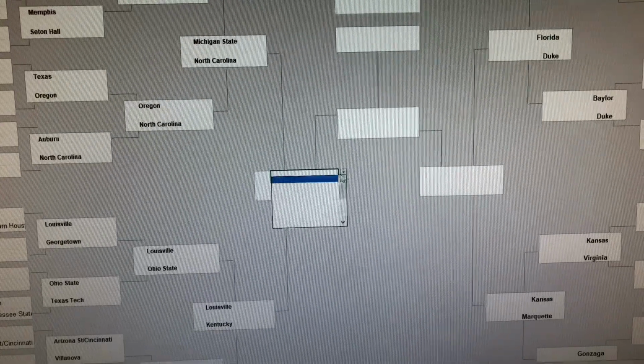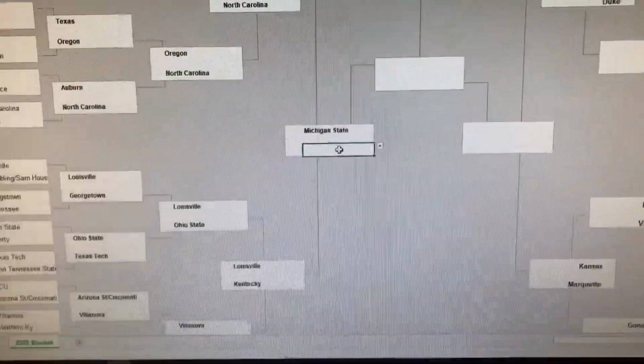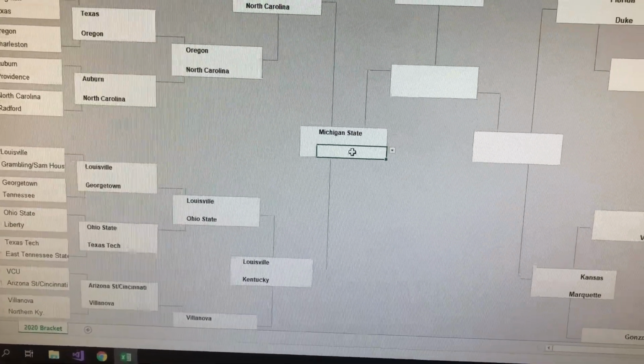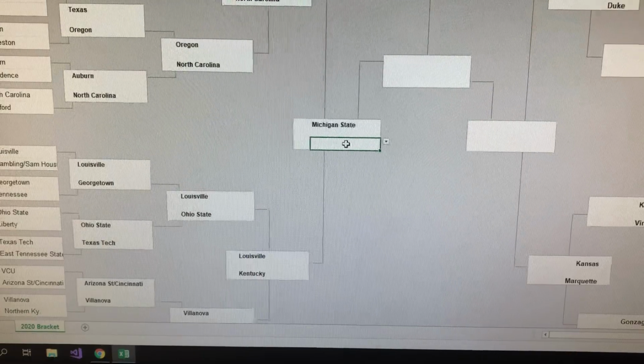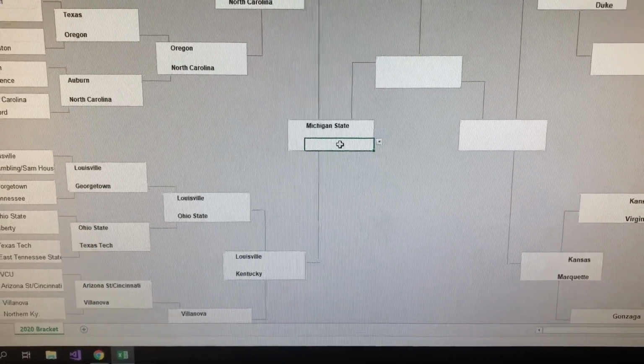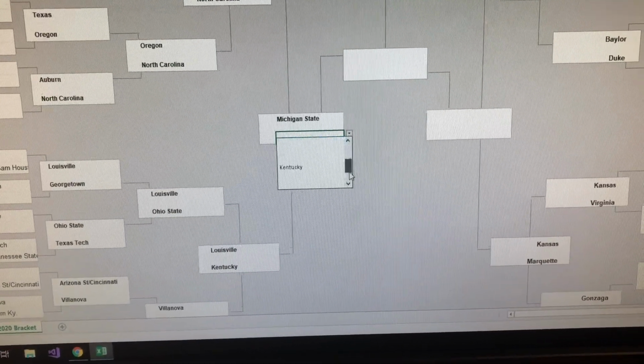Moving to the Final Four, that's going to take a while to get used to with this Excel sheet. And Louisville and Kentucky, that one's going to be a great game. Those two teams play at the end of December. As of right now, I'm going to go with Kentucky just because they're more talented. But obviously, these are two of the top 5 teams in the country, and I got to go with Kentucky at this point. Though I wouldn't put it past Louisville to win this game.